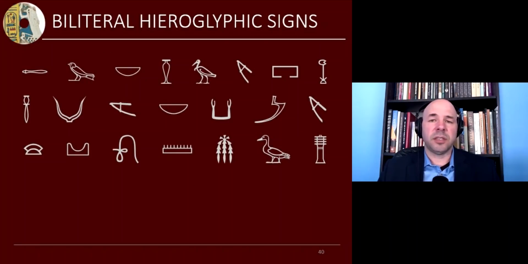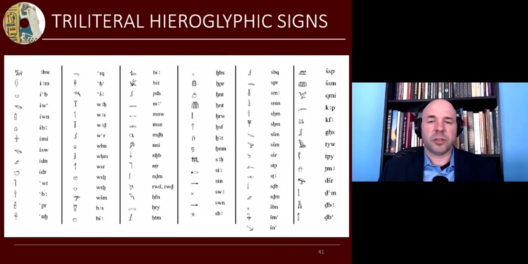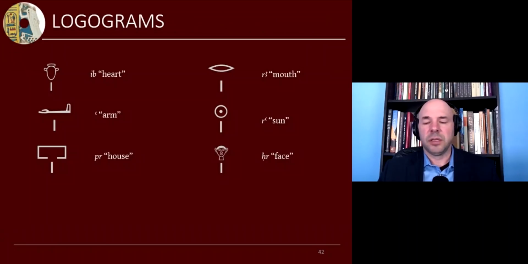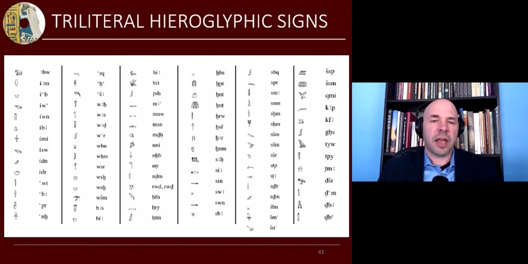Then you also have signs that stand for more than one consonant. And so the first one you see in the upper left, this pillar, the wer bird next to it, next to that, the neb basket. So notice that the little basket, it stands for the sounds N and B together, right? Or the bird, it stands for the W and R sounds together. These are biliteral signs. They stand for 2 consonantal sounds together. And as we mentioned, there were the triliteral signs. Here's just some charts showing you how those work, just to give you a rough idea of how the system